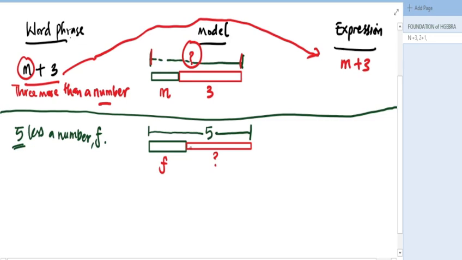By the way I have drawn it, if it's going to be 5, then this initial f may have to stretch way further to the end of this. So let's assume that we are limiting everything to 1, 2, 3, 4. So what is going to be here? So that the sum of f and that number